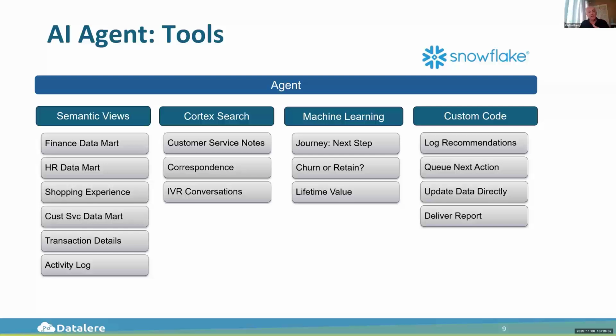And then custom code. I can log recommendations by the agent. I can queue a next action. I can write a record that says this is the next thing that needs to happen. I could update data directly. Like I said, I can cancel an insurance plan if that's what the agent decides to do, or I can deliver a report. So there's a lot of things that could be done in this case,